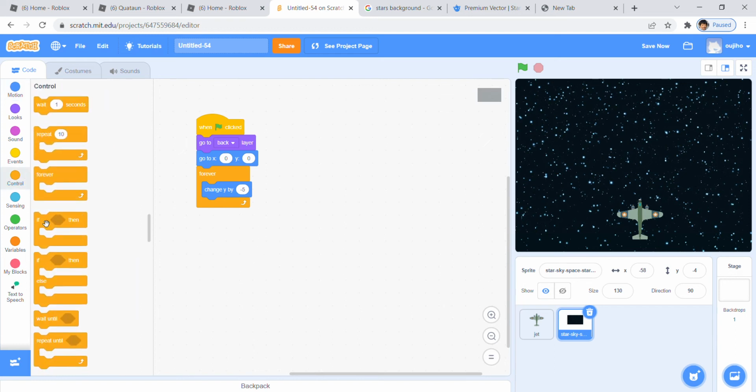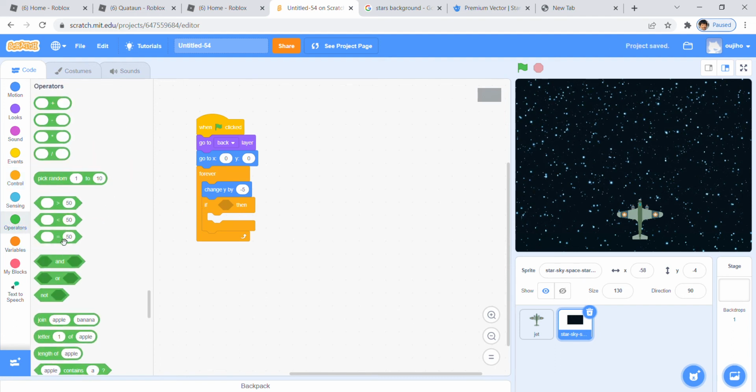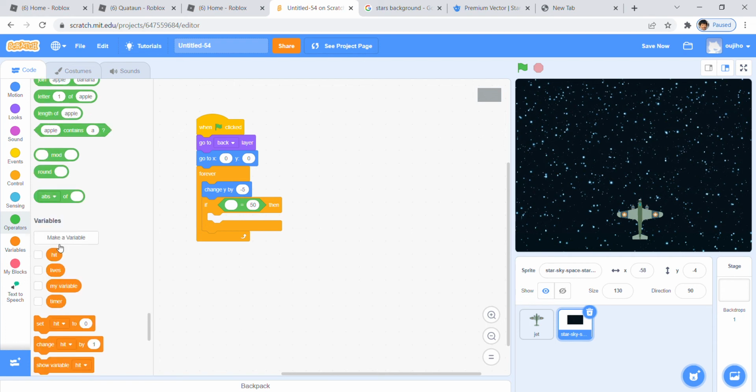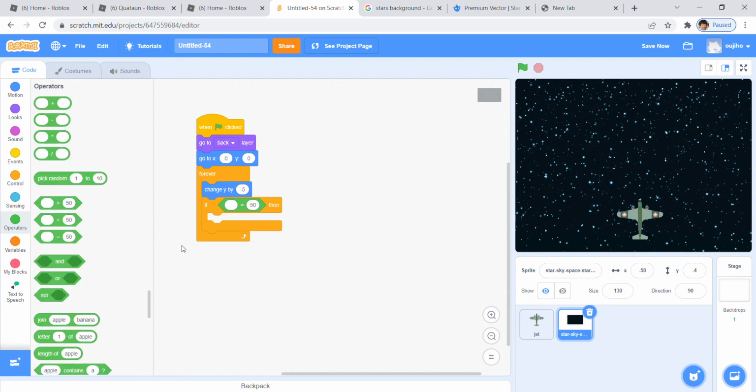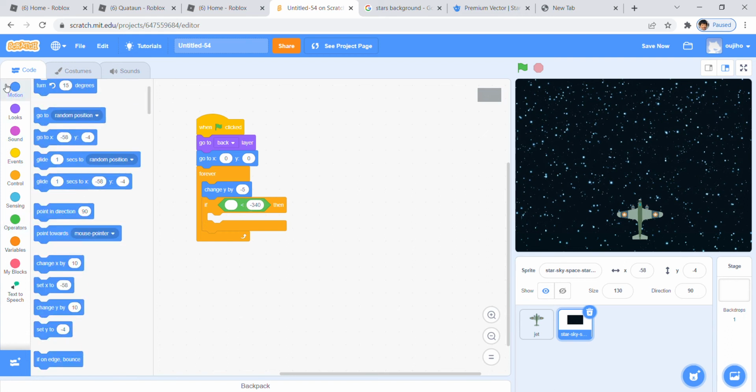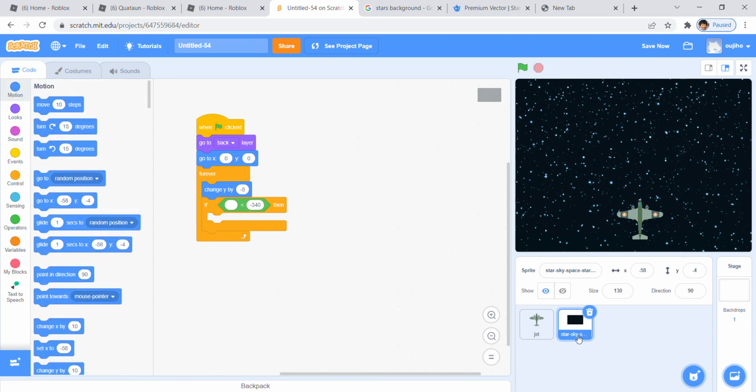So we put if, then we put an operator. We haven't touched on operators yet. It's like the math of coding in Scratch. Wait, not the equals operator. I suppose it should be this greater than. What's the smaller than operator? Smaller than operator. So here it's minus 340. So we are making the background go down all the way. If it goes down below minus 340, which is the extent of the screen,